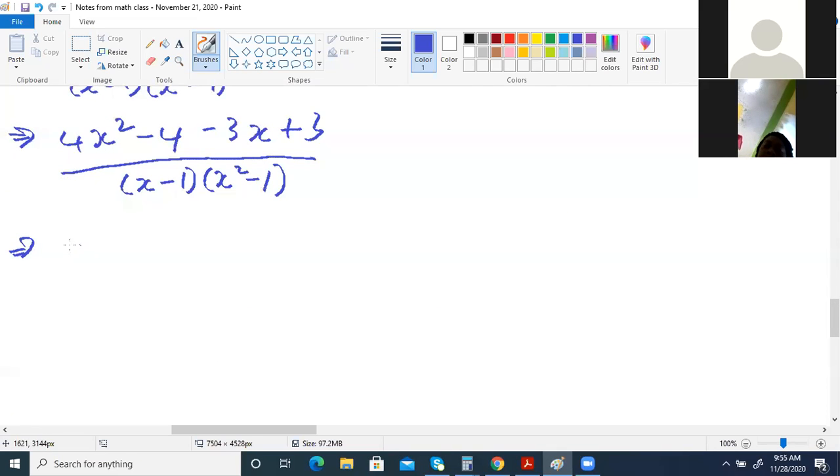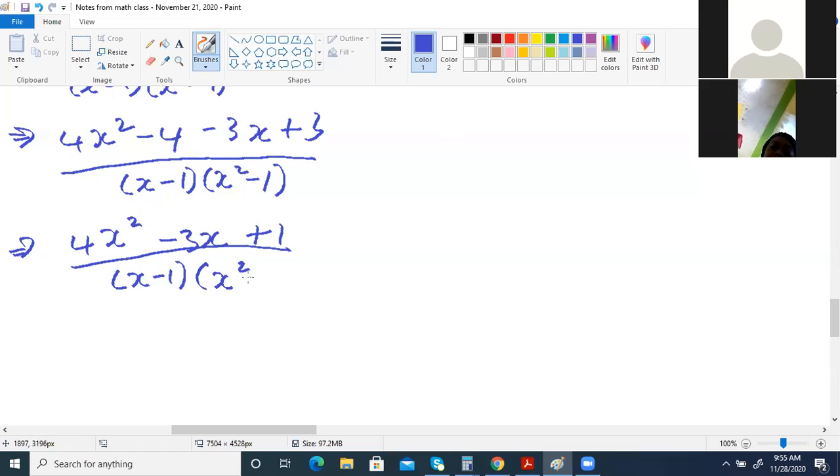So this now becomes what? 4x squared minus 3x plus 1, right? And then we have, well, that line looks at that all. All right, I can work with it. x minus 1. So this looks horrible, right? But really and truly,